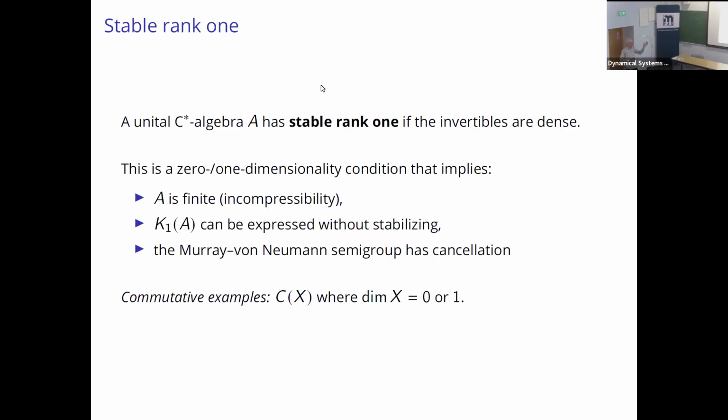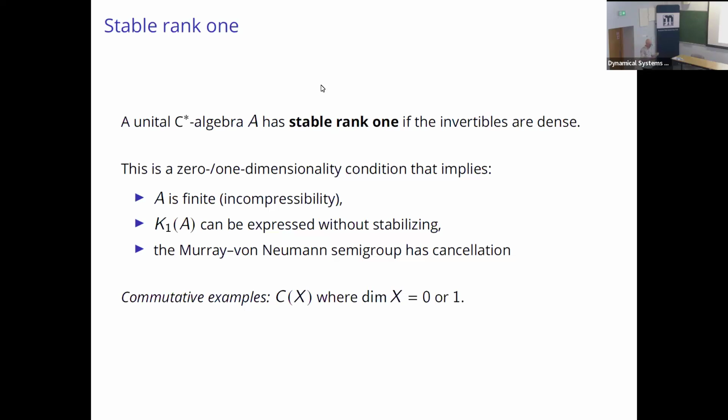So this Z stability that plays the role of McDuffness can never happen for actions of free groups. It would imply that the free group is inner amenable. It has a conjugation invariant mean, and that's not true, going back to Murray and von Neumann. So we have to ask for something weaker, and what we were able to prove here is a property of